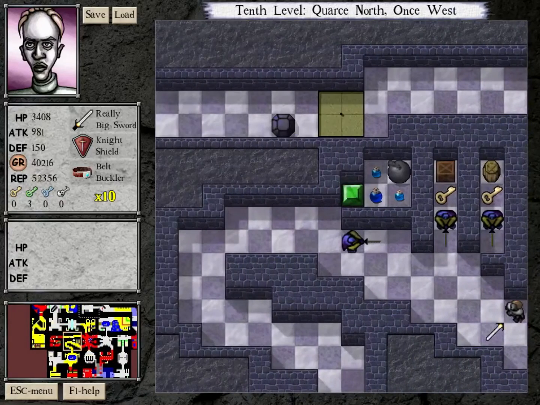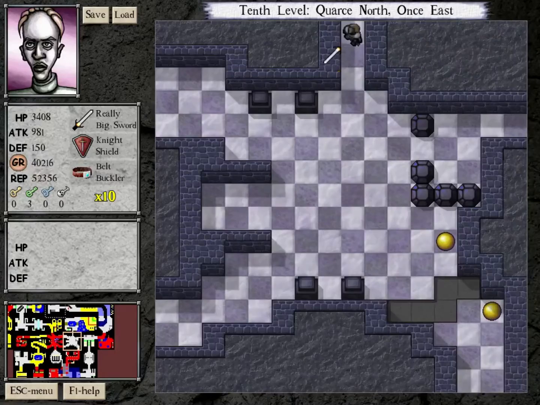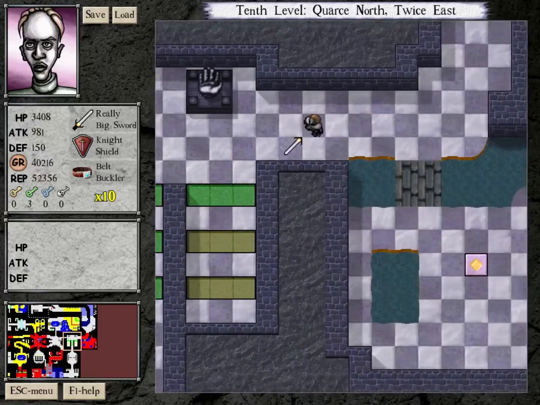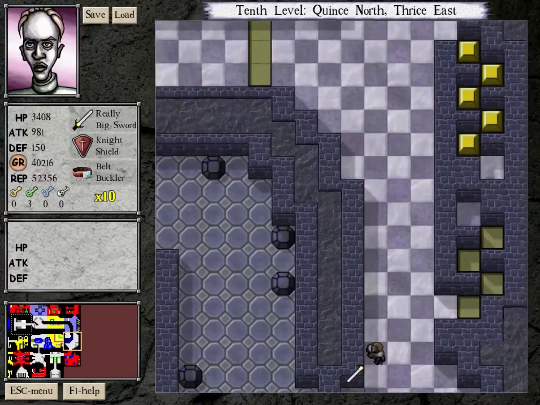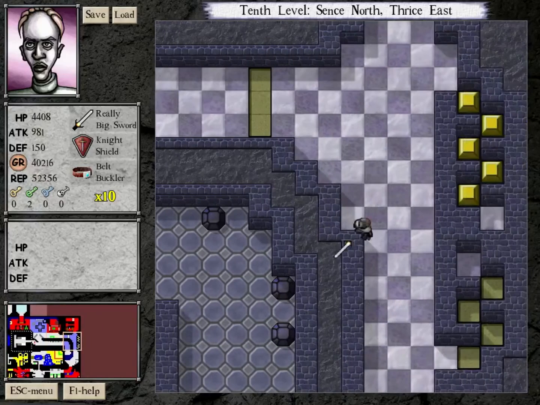Yeah, so since those spiders cost 1,100 and we're only getting up to 1,000 per green key, they're not worth it. Oh, wow. Okay, so sudden uptick in difficulty. I could do that, and then...